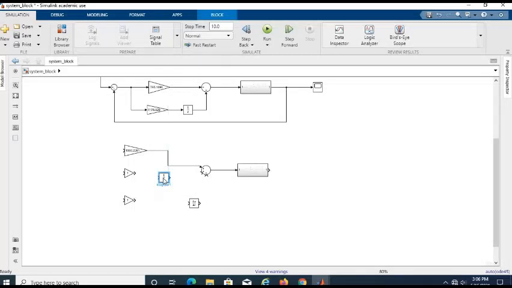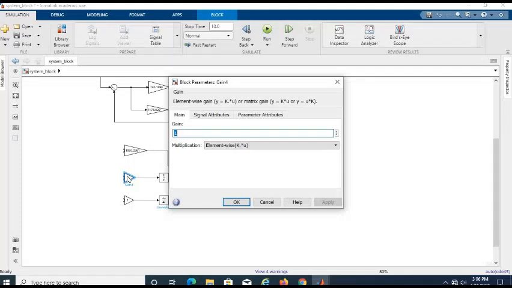PID I, KI 2617.x422. And then for KD it is 107.3479.